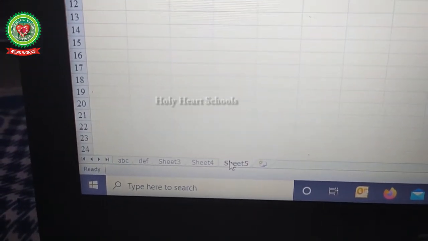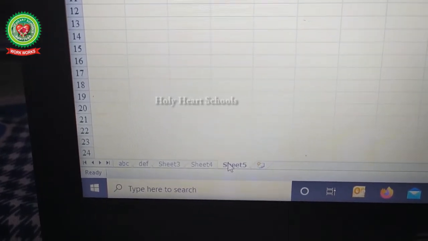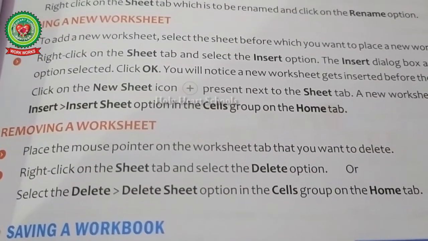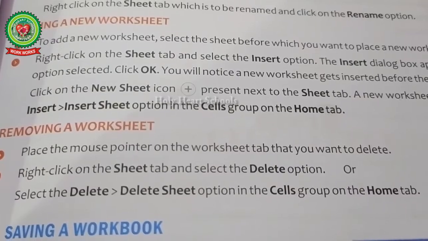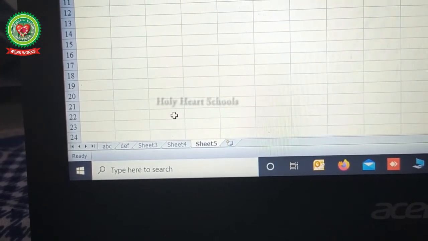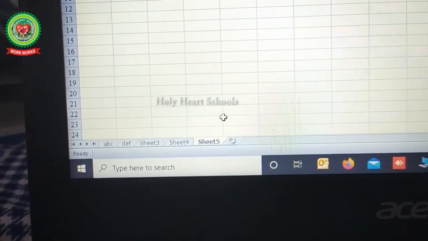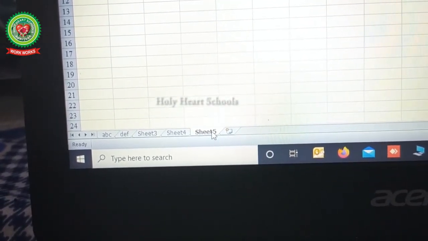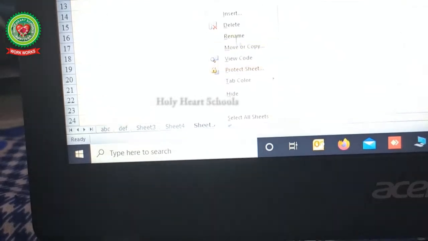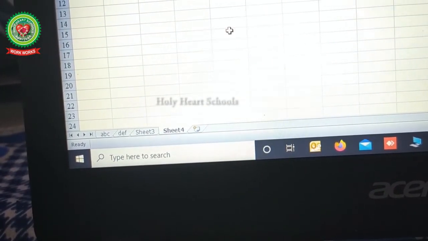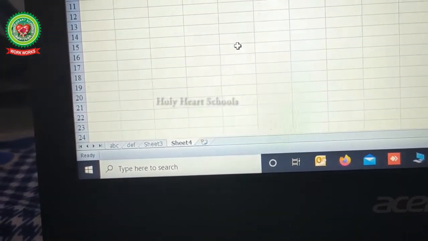And all these tabs are known as sheet tabs. Next is how to remove a worksheet. Now, if I want to delete my extra sheet from my workbook, then right click on that particular sheet tab, click on the Delete option. Your sheet will be deleted.